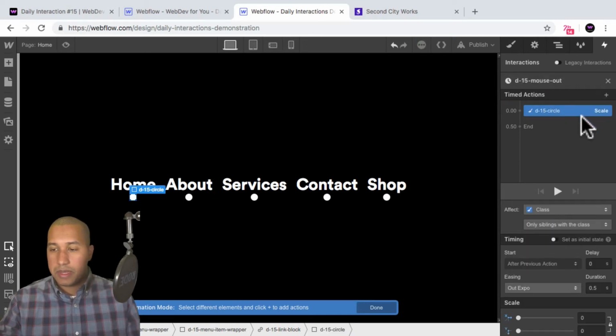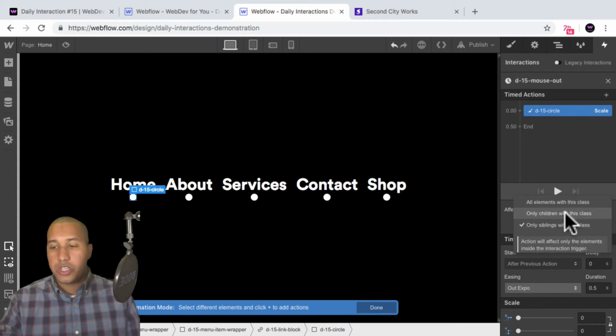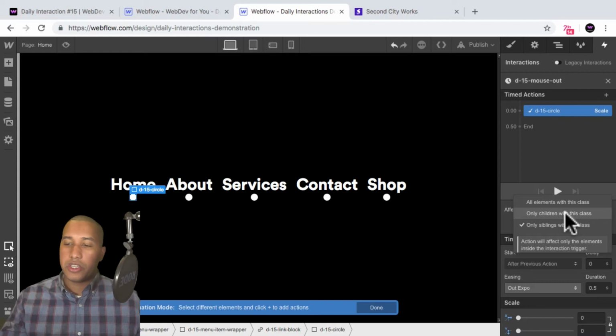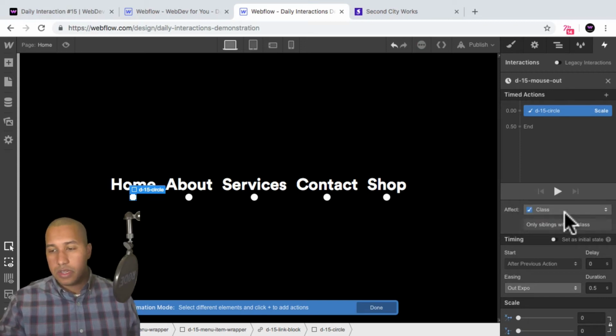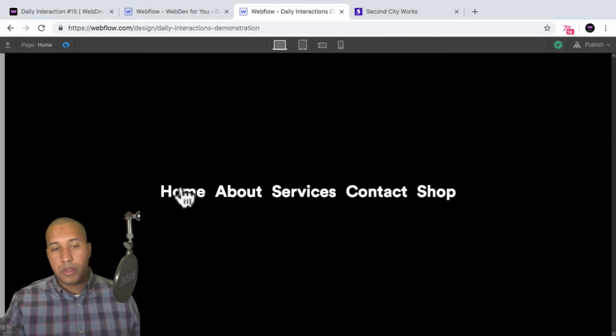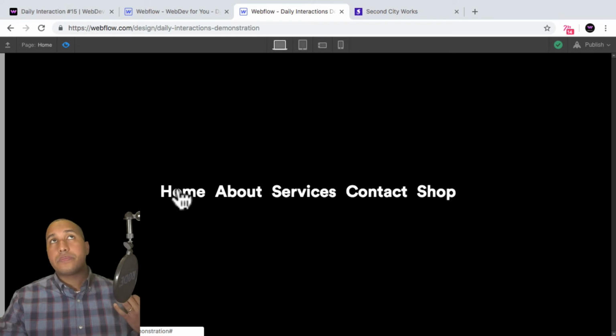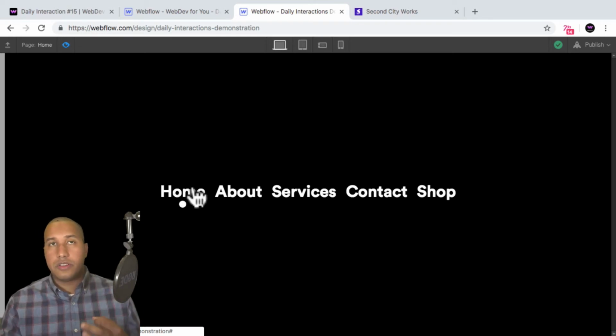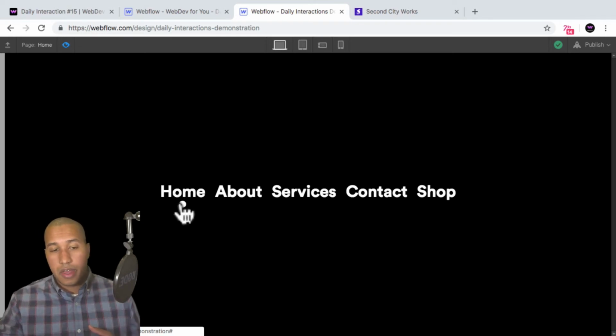Select the timed action, and here where it says "only siblings with this class," I'll say "only children with this class," so the action will affect only the elements inside the interaction trigger. So I'll select it here, and if I preview, we have the interaction. Because the circle is inside the link block,